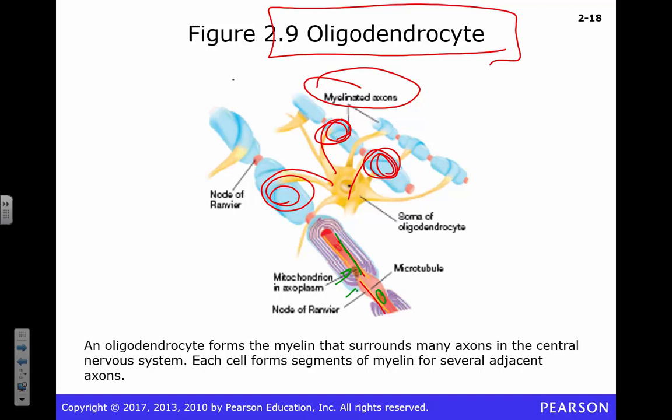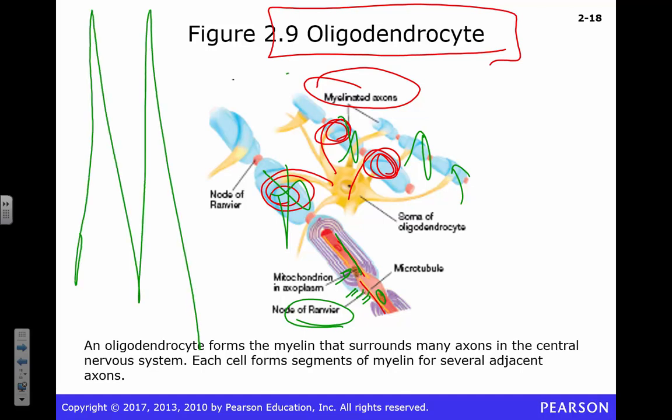What happens if one of these guys dies? Guess what? You lose some of this myelin sheath, right? Wherever it's reached out to, and wherever it's just reached out and wrapped around, you're going to lose that. What's that called? Somebody's thinking. Yeah. Multiple sclerosis, MS. Right?